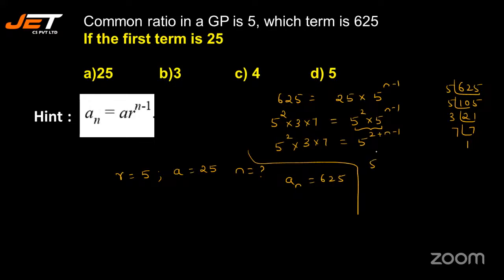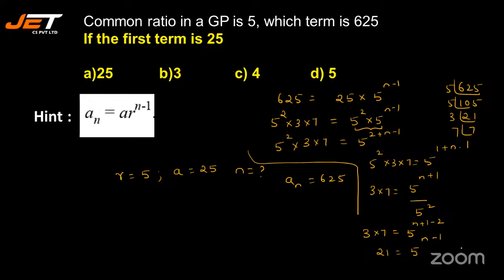So 5 square into 3 into 7 is 5 to the power 2 minus 1 is 1, 1 plus N. All right. Yes. So now bring 3 into 7 to one side. Okay. So 5 to the power N plus 1. So this becomes the division 5 square. So now when it goes up, it becomes 3 into 7 is equal to 5 to the power N plus 1 minus 2, which is 7 threes are 21 is equal to 5 to the power N